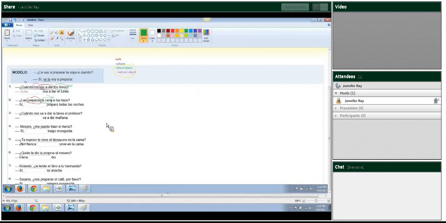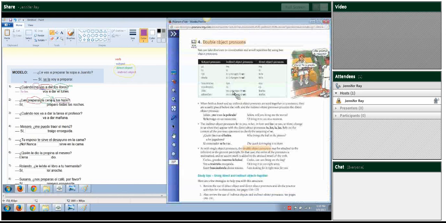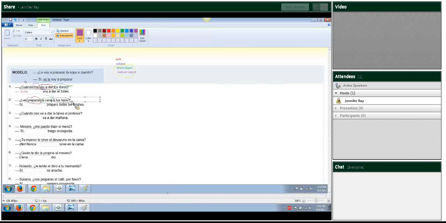And for whom are you preparing this dinner? For your kids. So what I'm going to say is, do you prepare dinner for your kids? Yes, I prepare it for them every night. So kids becomes them, which would be, if you're looking here in the indirects, les. Okay, and remember purple goes first. So you should say les, oopsies, but you don't need to capitalize it.